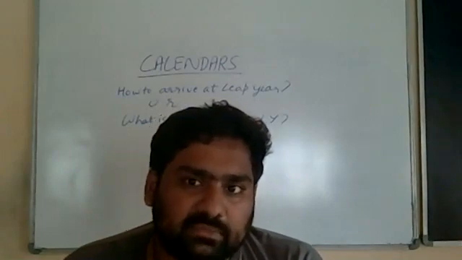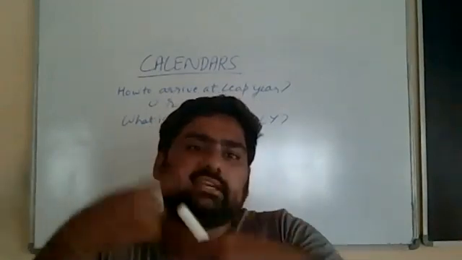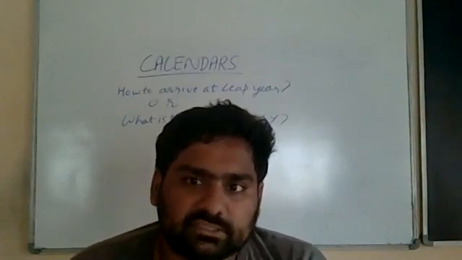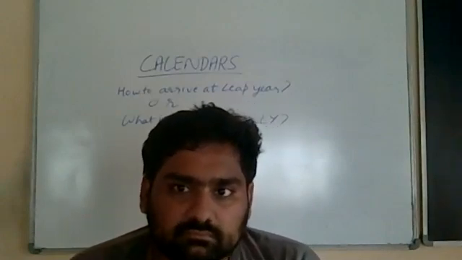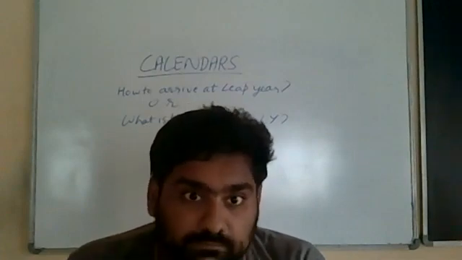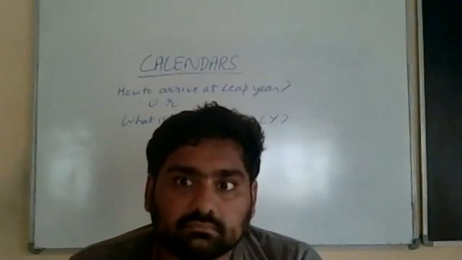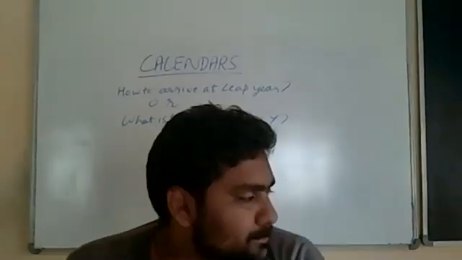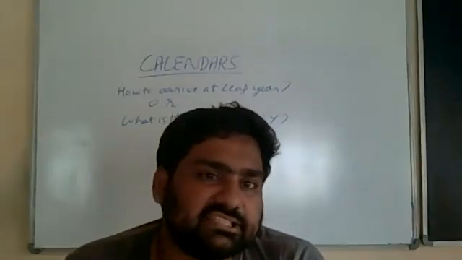in the time it takes to go around the sun once, it will rotate itself 365 times. This is the logic, right? Yes or no? Guys. Yes, sir. But is it exactly 365?